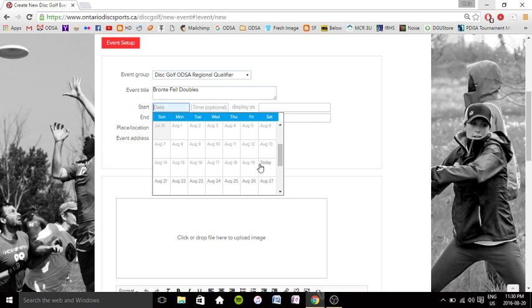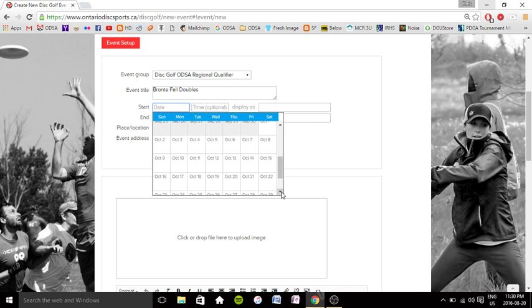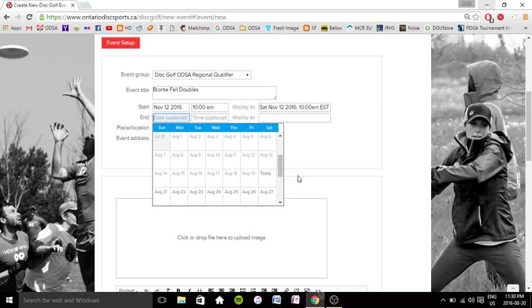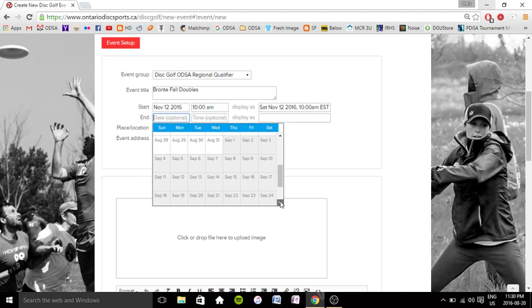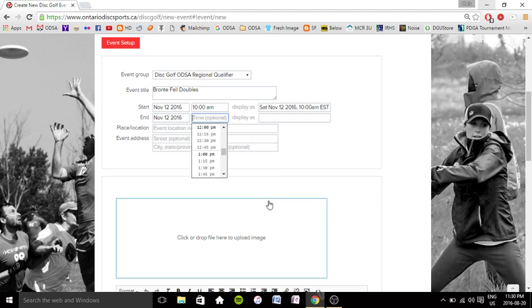And the start date was going to be randomly, let's go with November 12th at 10 a.m. And the end date's going to be November 12th at 6 p.m. Place location is Bronte Creek